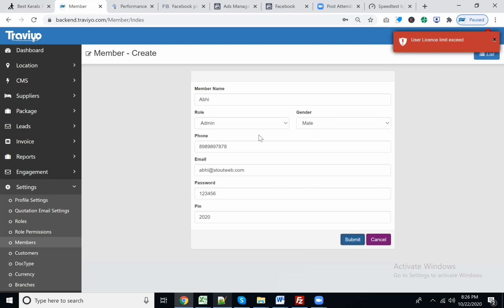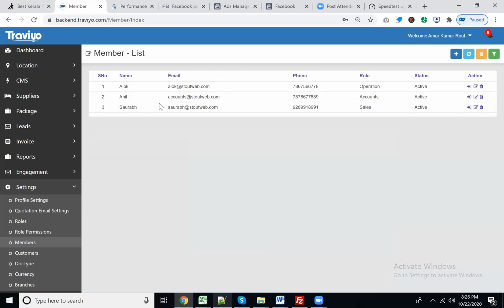So here we don't have more licenses to create the role now, as I have already created the members. So let's say 3 license users are given to the demo account. If you face a similar issue or error, just let us know and we will update. There is no licensing cost we are adopting as of now. We are going to give you pre-access for multiple users as well. Whatever users you require, if anyone is facing this issue, this is not a bug, this is not an error, this is only a setting. By default we allocate you 3 members, including your admin. So this is the 3 members we have created.